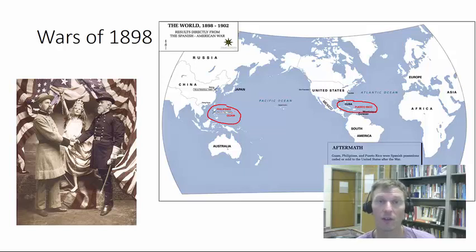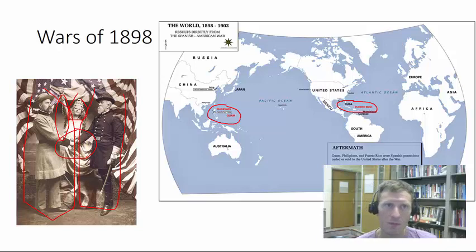These are the last island colonies of the Spanish. The Spanish had created these colonies at the very beginning of this class, and the Spanish Empire had died a long death over these 400 years. The United States went to, quote-unquote, free these people. Here's a photograph of Cuba represented as a white girl being freed. Notice her shackles are being broken, and who are they being broken by? A man in a Confederate uniform and a man in a Union uniform. Notice they're shaking hands, agreeing to fight together to free the people of Cuba.